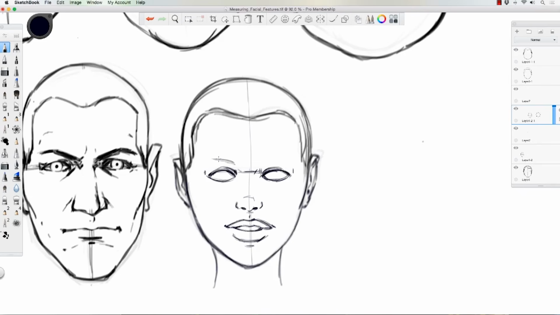Get the eyebrows in there. The eyebrows I just do as kind of this half turned moon shape again, like that. And then now I can modify those. I can take my selection tool here,